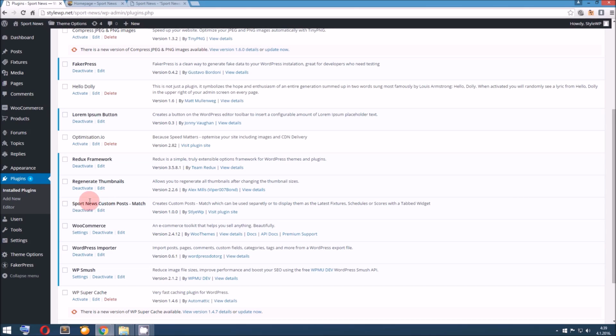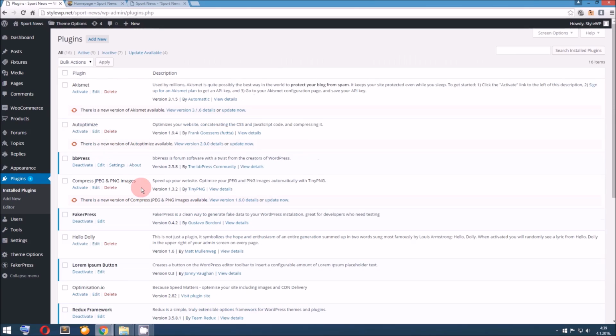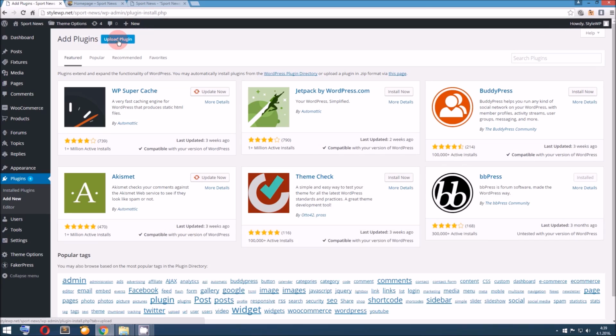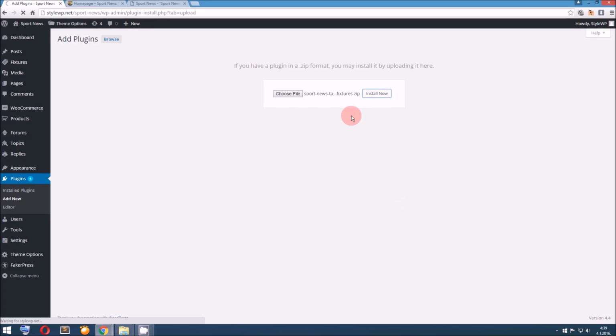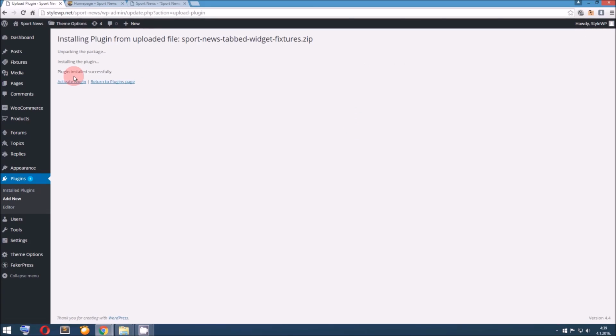So since we have this one, let's just show you an example how to do it. Upload plugin, choose file. We have this one, we don't have this one, select this one, click open, install now, wait a few seconds. When it's done, click on activate plugin,